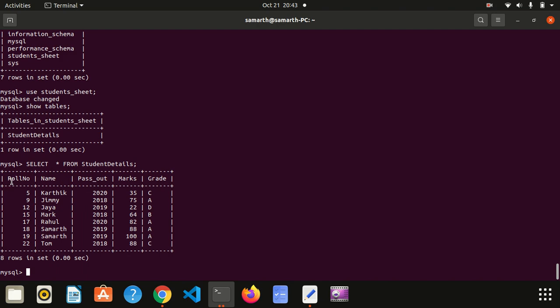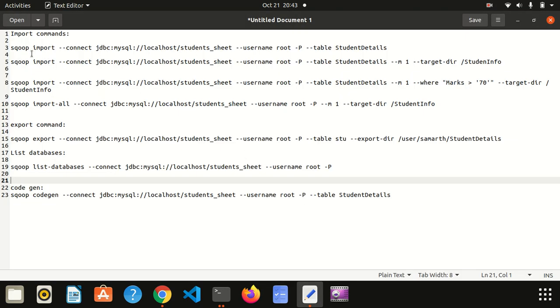Now I will be importing this table to HDFS. The command is this one. In my first command I'll be importing, and this is to connect the authentication, and I'll be importing the table student details. Here you can notice I don't have any mapper count or any target directory.